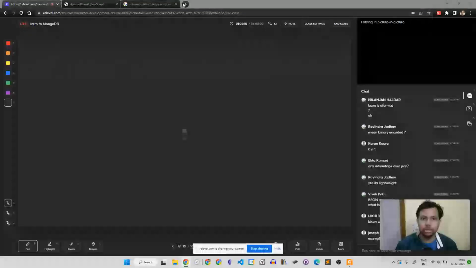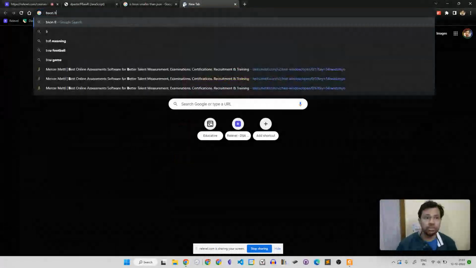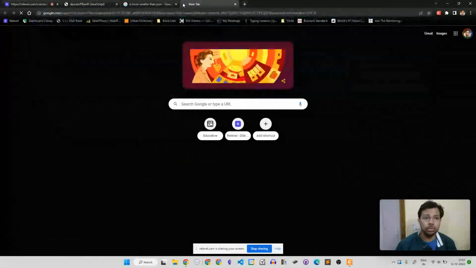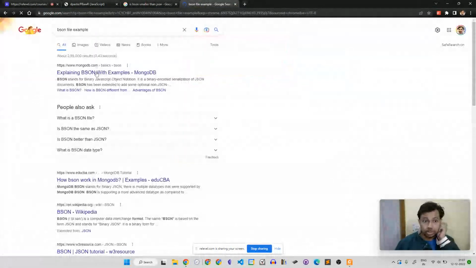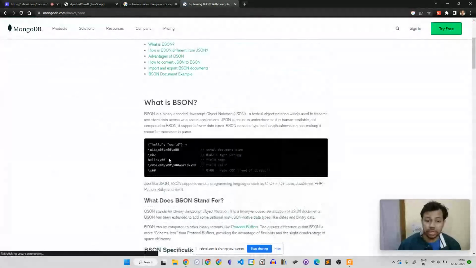Just give me 1 second. I'll just show it to you on the internet itself instead of showing you on MongoDB. BSON file example, explaining BSON with examples. This is an example of a BSON file.